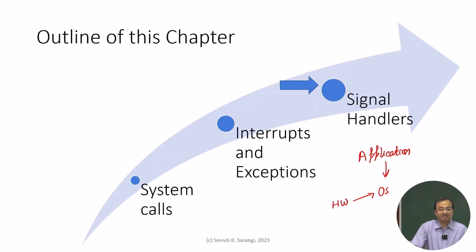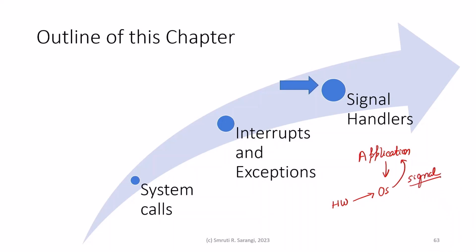But if you look at signal handlers, the direction of information flow is reverse. It is from the kernel to an application. So in a certain sense, we are reversing the flow of information, and the application has to somehow deal with the signal, which means we'll have to introduce something called a signal context, right? An additional context, the fifth context. So we will talk about it. But the key idea is that a signal is different from everything else that we have studied in the sense that the flow of information is reverse, from the kernel to the application,